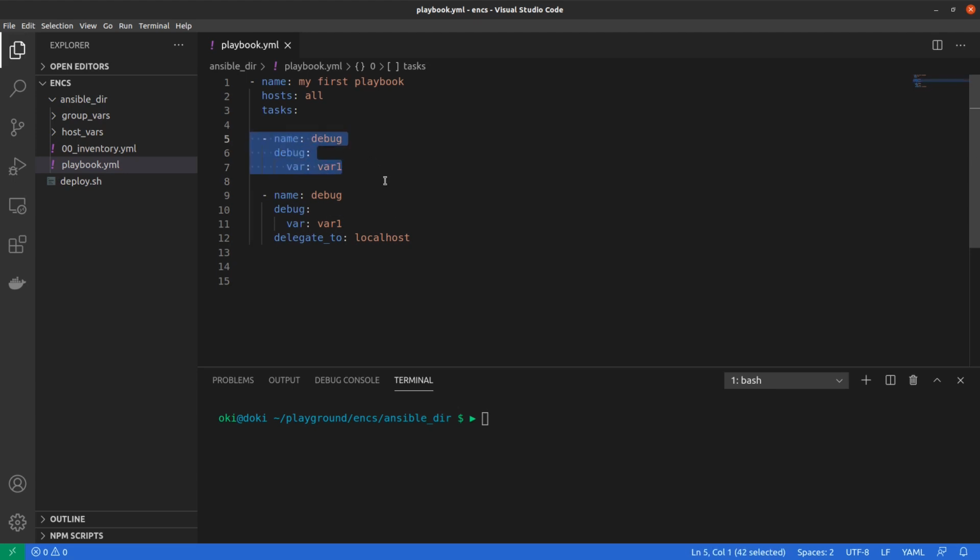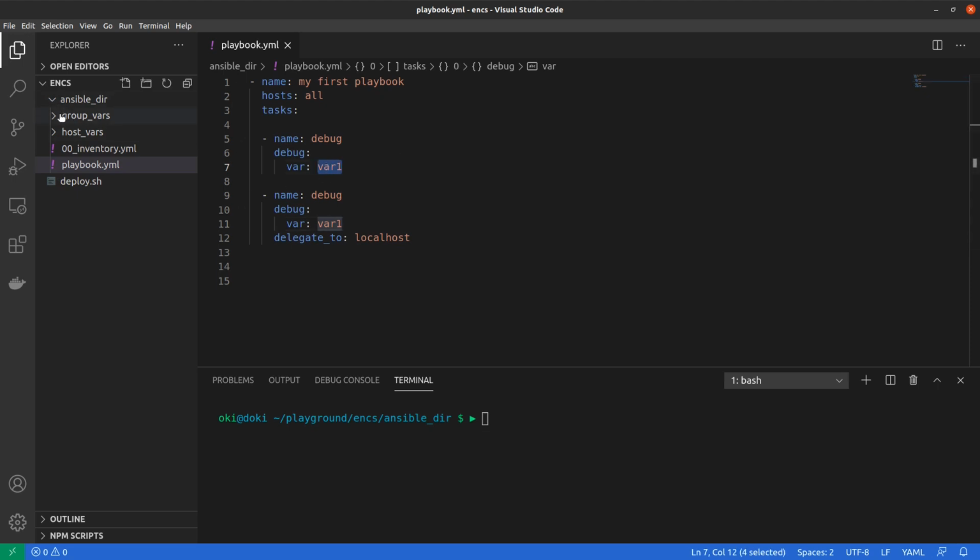First time without delegate_to, and in the second task, we run this task with the delegate_to option on our localhost. We do a debug on the var1 variable. Okay, so before, we need to set this variable var1.